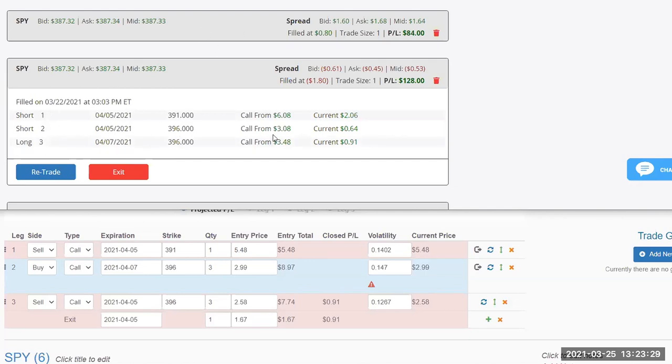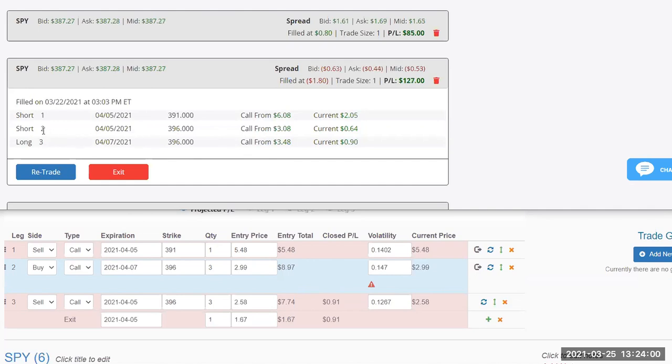If we enter a spread and then one of the legs exit, we stick the exit leg down here at the bottom and show closed legs of this spread. And then it'll keep track of that and then show us where we're at with the current open position. So that's the plan at this point in Trade Partner, to be able to better keep track of the progression in the life of a spread. And I think that'll work with what we're trying to do. But as of right now, it doesn't show.